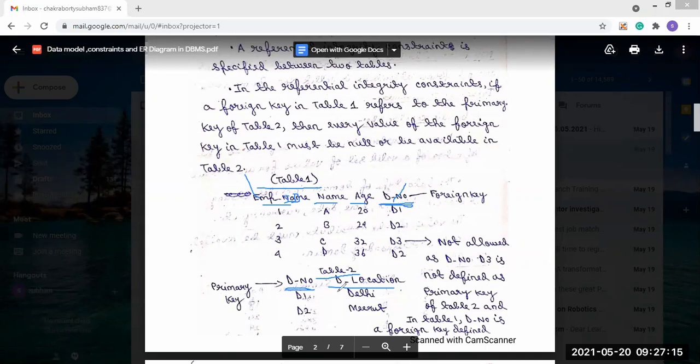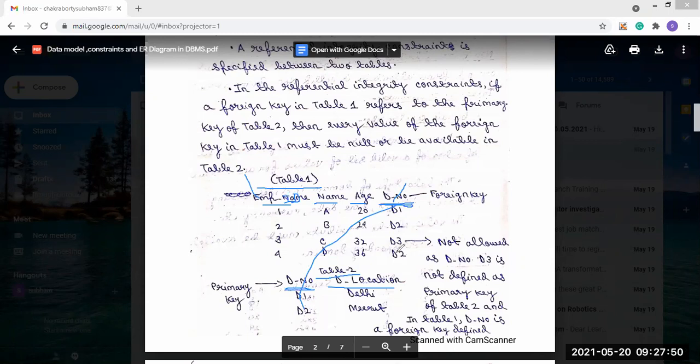The department number, which is defined as the primary key in table 2, has only two values, D1 and D2. So in this foreign key, only these two values should be present, D1 or D2. We cannot use any new value that is not present in the primary key. D3 is not present as a primary key in that table, so we cannot define that. The new value cannot be defined.